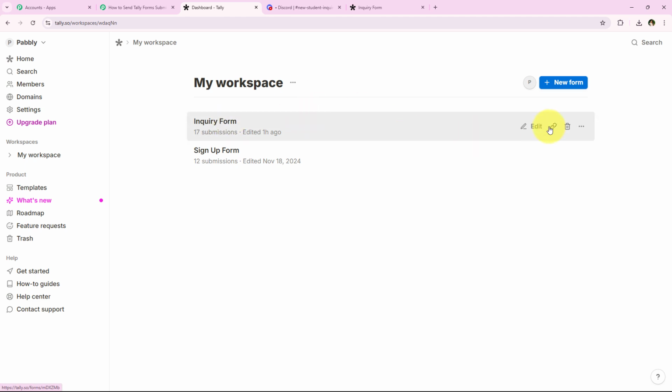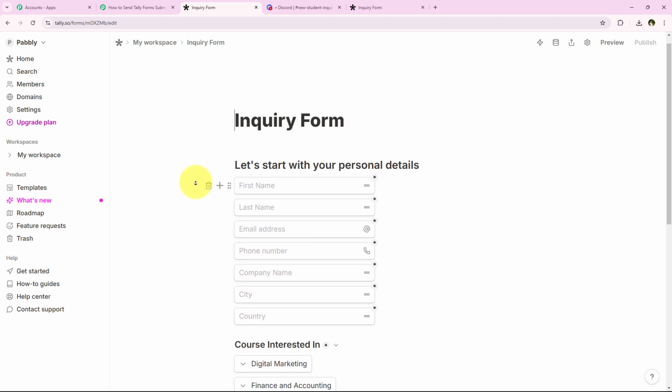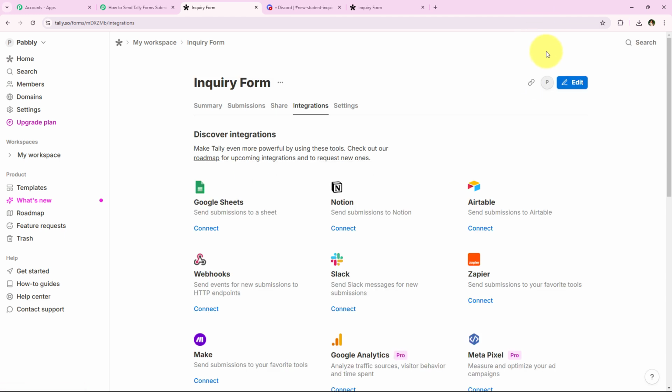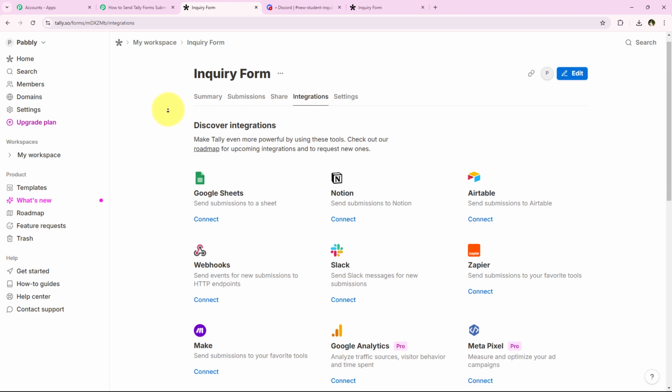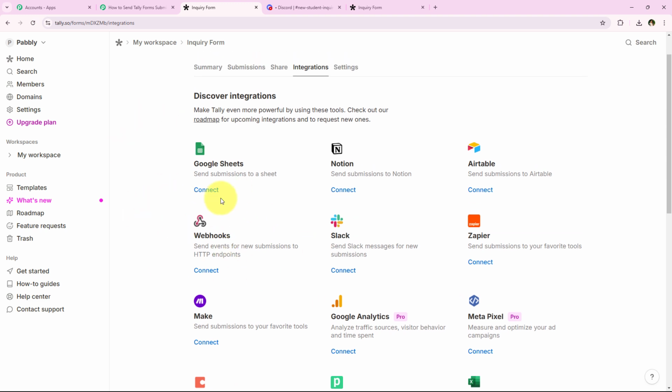All right, so over here I'm going to go towards the edit of the same form for which I want to create this automation. So as you can see, this is my form. All right, and now we have to go towards the integration tab. So as you can see over here is the integration tab, so we're going to go towards the same, and over here you can see that it is saying discover integrations. So we have to look for webhooks right over here. So as you can see, webhooks right over here,